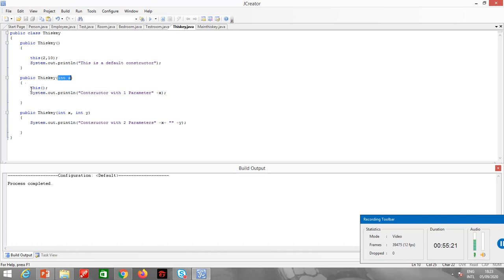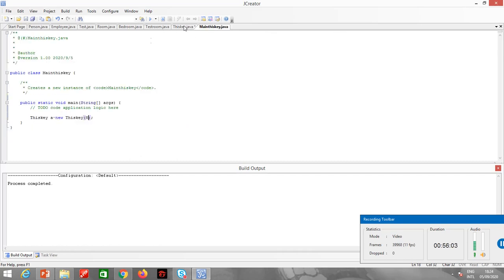Now when the control enters over here, this statement is encountered. So now the control will go to the default constructor with no parameters. Inside this, I have a statement this with two parameters. Now the third constructor will be called. So what will it print? It will print the value of the variables 2 and 10. After executing the constructor with two parameters, control will go to the parameterless constructor, and then it will print this is a default constructor. At the end, it will go to the constructor with one parameter, and it will print the value of x, which should be 8. So now let's just check it.